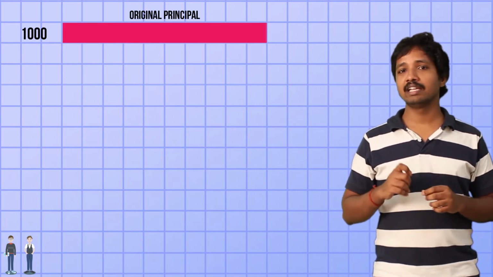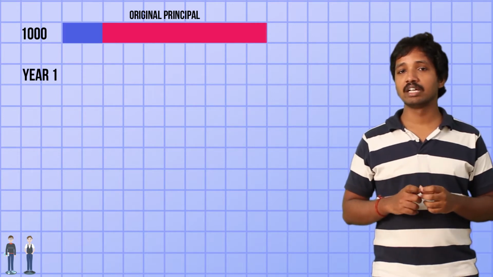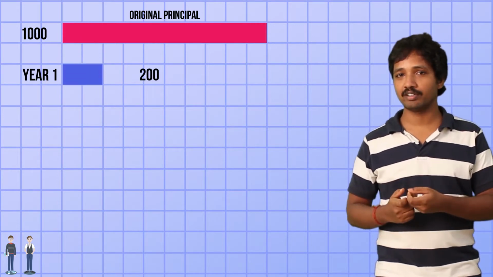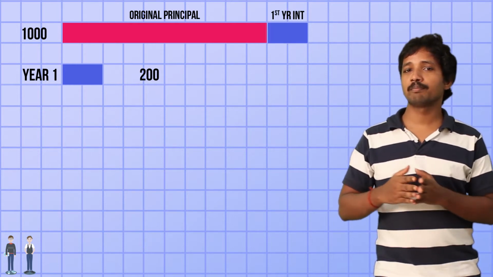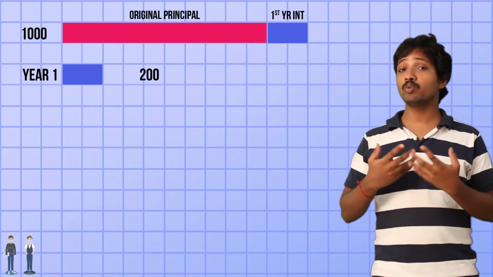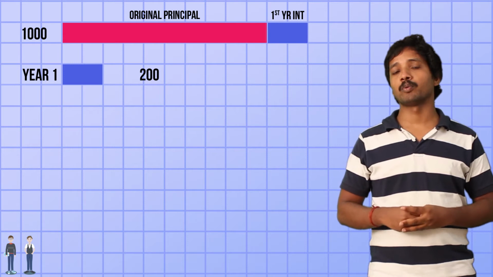The basic concept of compound interest is the compounding period. In this example the compounding period is given as annually. At the end of the compounding period, whatever interest amount has accrued is added back to the principal. So for the first year the principal amount is 1000 and the interest accrued in the first year is 20% of 1000 rupees, which is 200. So at the end of the first year the total amount would be 1000 plus 200, 1200, which will be the opening balance for the second year's principal amount.